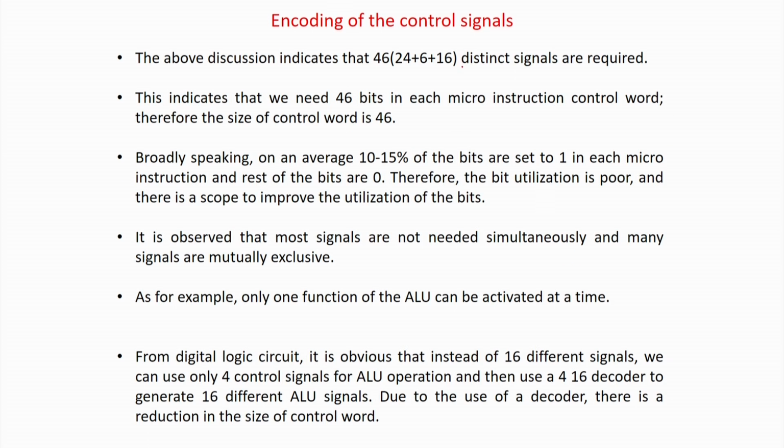Therefore, there are 46 different signals, and therefore 46 will be the length of the microprogram array. And it has been found theoretically that only 10 to 15% of the memory positions are 1. So, if you have such a big array whose size is 46, and it will be long depending on how many micro instructions there are, and only 15% is actually filled with ones, it is a huge waste of memory. That is why we go for either a vertical microprogram,